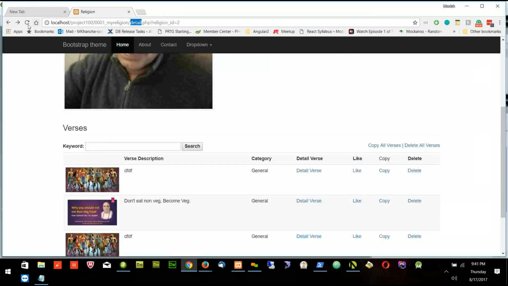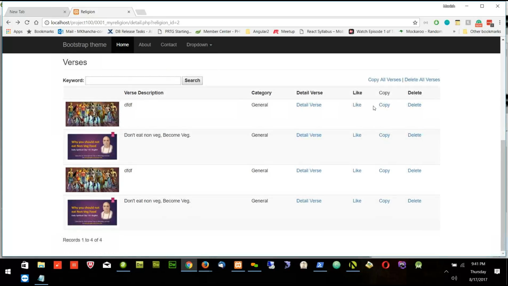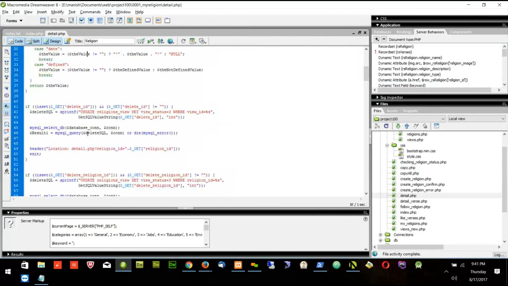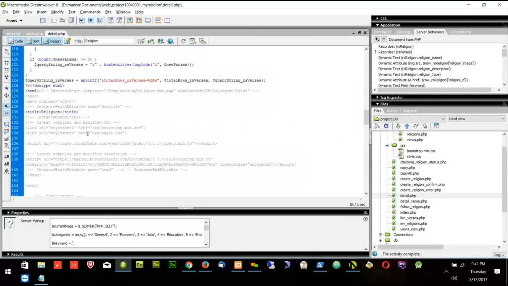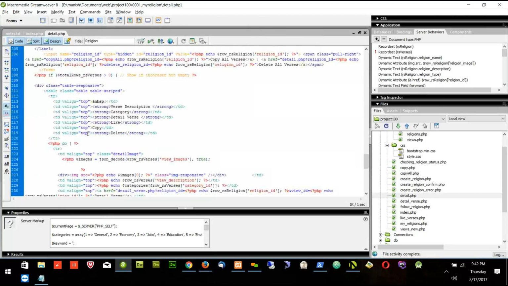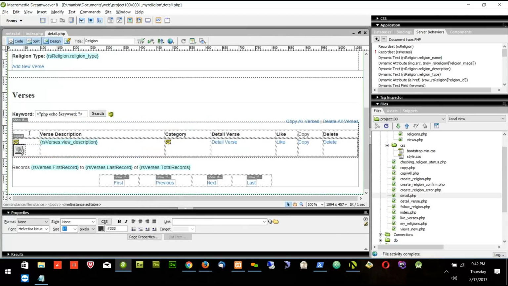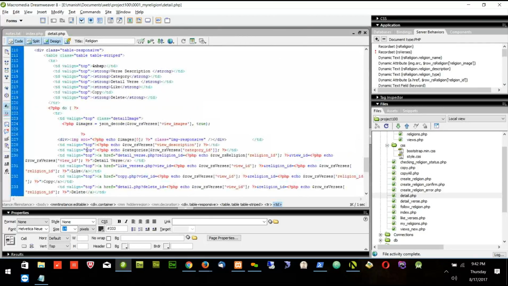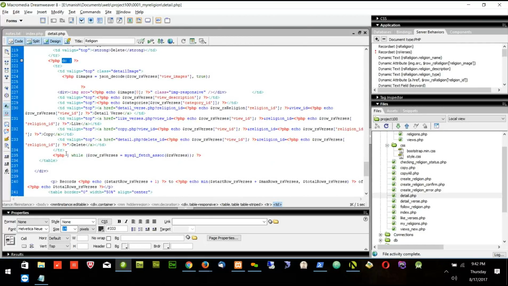So now I will refresh it. You will not see any change here. Now let's try to print out the results and see what is coming in the result. So I will go down till this table, and here my for loop is starting. This is a do while loop, that is kind of a for loop. And here I will copy this row 1 and put it here and do print